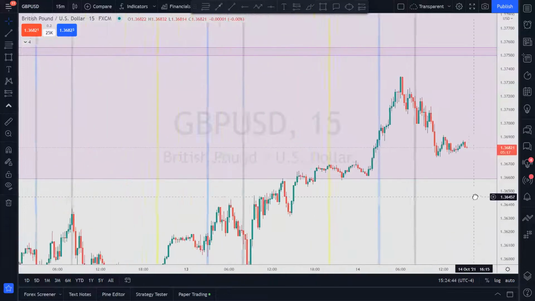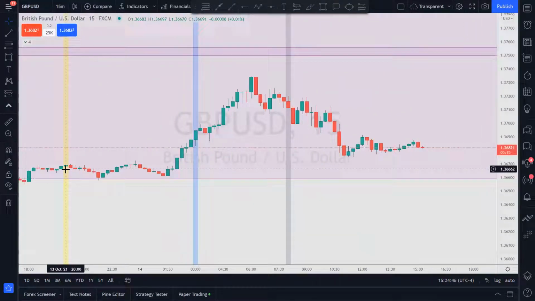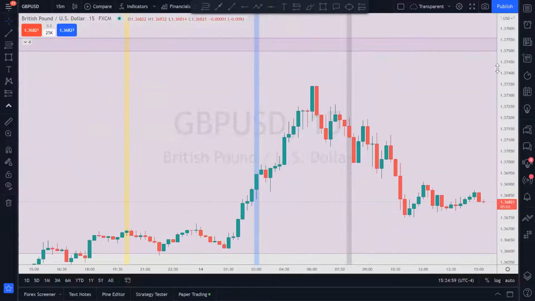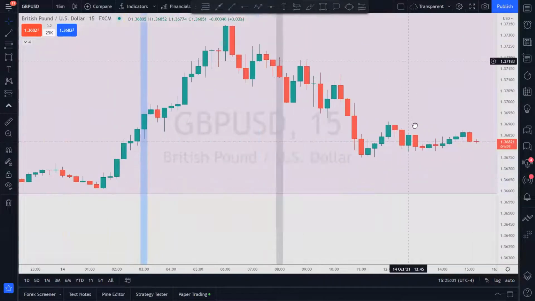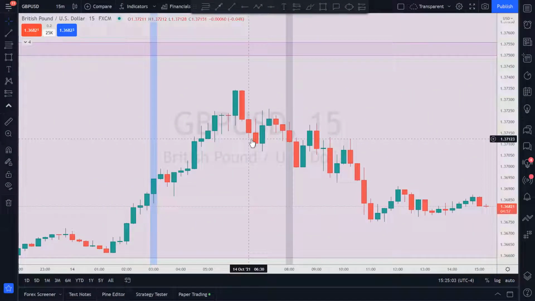Anyway, what we want to notice here is, since Asia had this very narrow trading range, and then it burst, we had a breakout to the upside that carried all the way through into London. These are the things that I'm going to be looking at when I first come to look at my charts, because I'm going to use the price action from the London session to help me figure out what I'm going to do in New York.